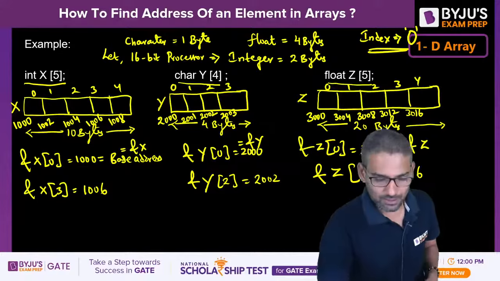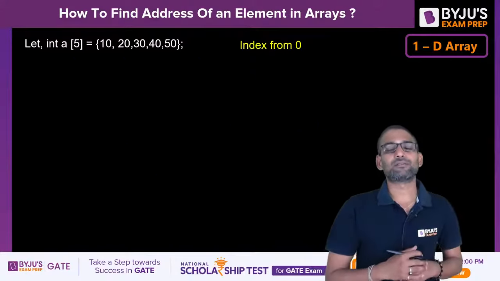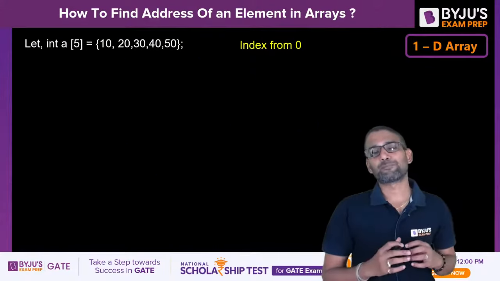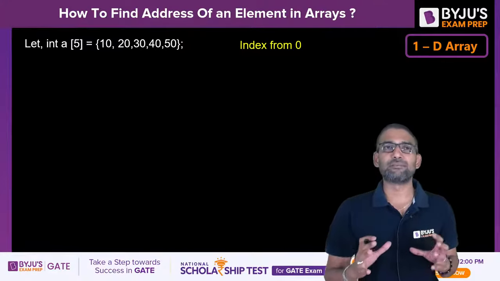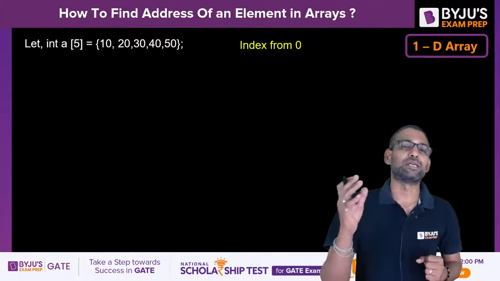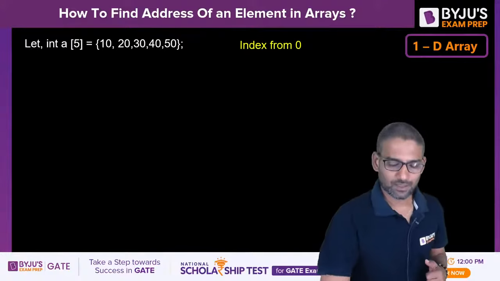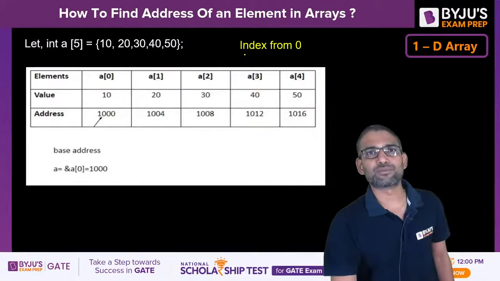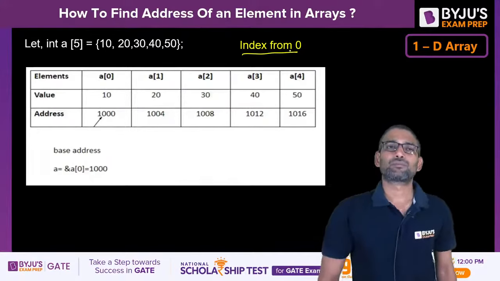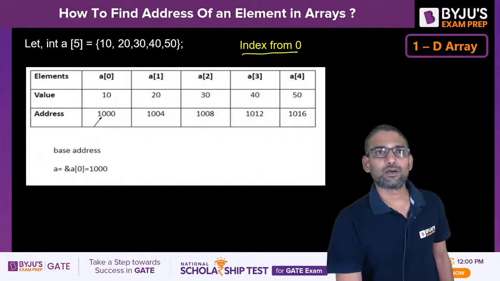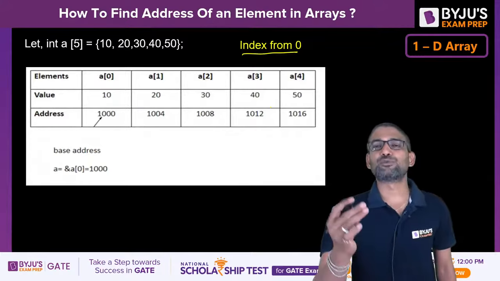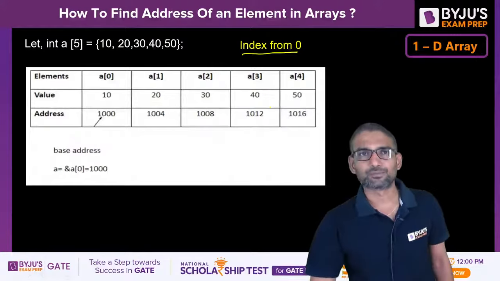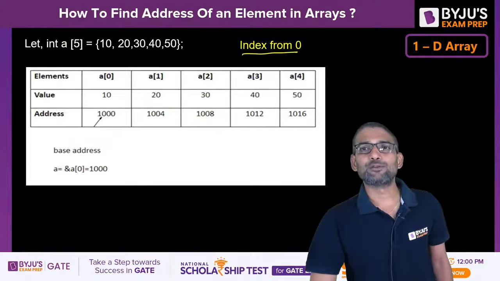So, suppose I am taking an integer array A with 5 elements initialized 10, 20, 30, 40, 50, right? And if the indexing starts from 0, then A of 0, A of 1, A of 2, A of 3, A of 4, you can see values are stored as it is